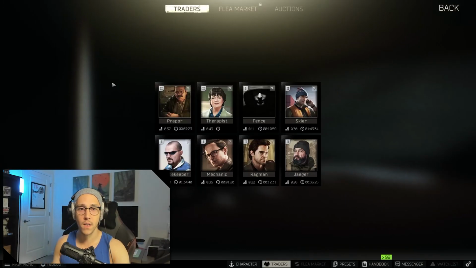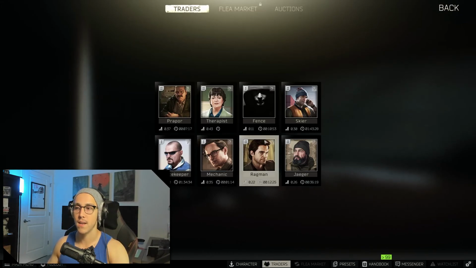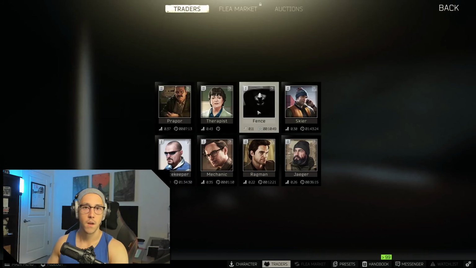Now, the priority of selling depends on what you're selling, but I usually go in this order. I go Mechanic, Therapist, Ragman, Skier, Jaeger, Prapor, Peacekeeper, and then Fence. Fence is going to be the trash can of all the traders. You're going to be selling things to him that the other traders don't want, like a zeroed out rig or